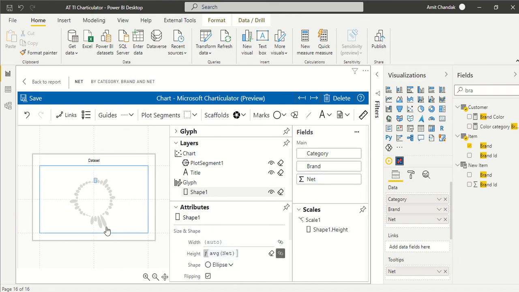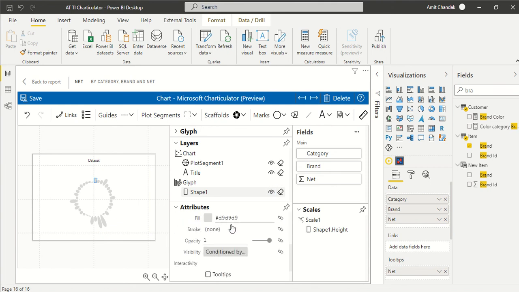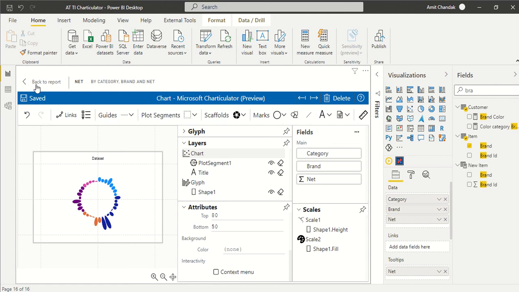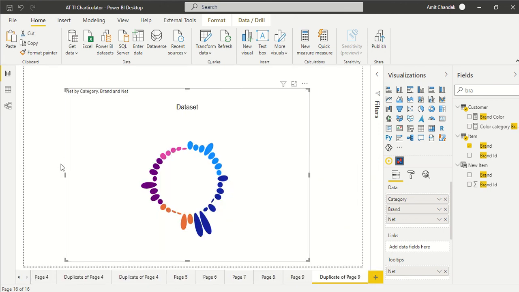If we say height, this is going to be like this. And now we are going to say category. Okay, so now category is color, and brand definitely we don't want anything, and we can actually have these things checked out, and we save it. Okay, and back to the report. So what we have done simply is, we just deleted whatever, so at least we don't have to do this configuration.